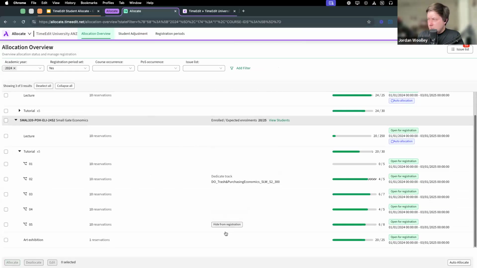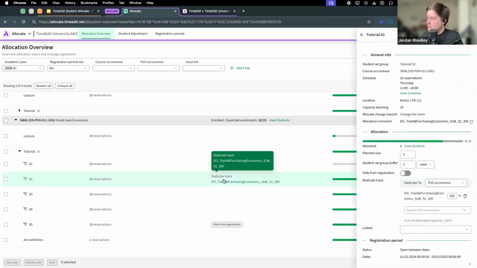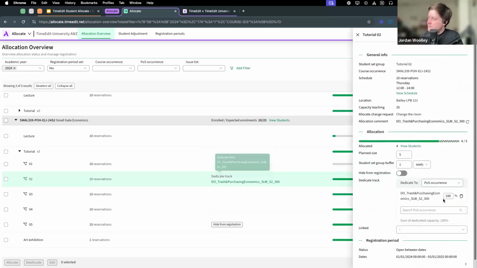Now, these 5 tutorials, I want them to be targeted at different groups. I want students to be fitted to these different tutorials for different reasons. So as you see for number 2 here, it has dedicate track. So if I click into this, I can see that this specific tutorial is dedicated only to students within this